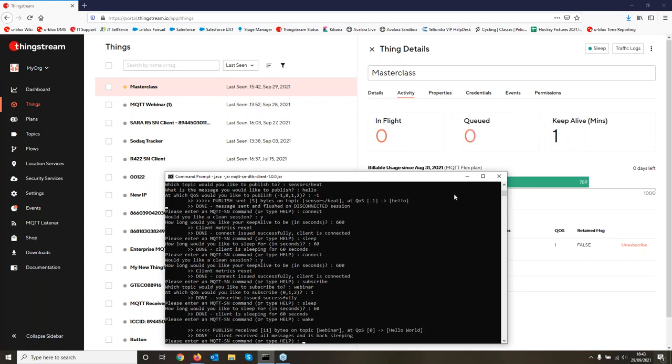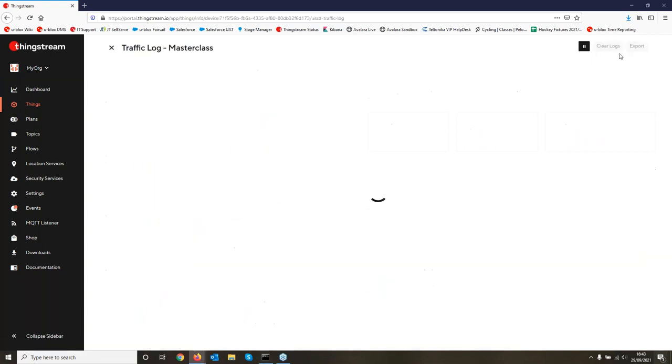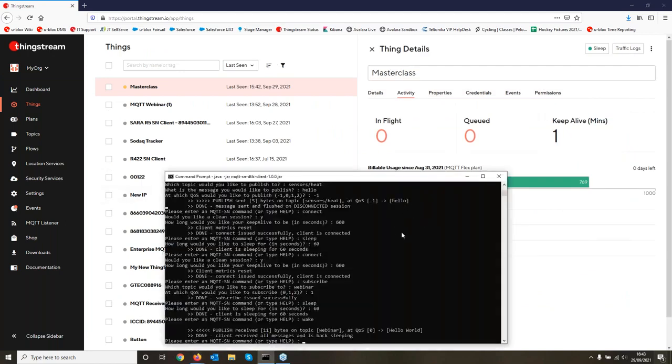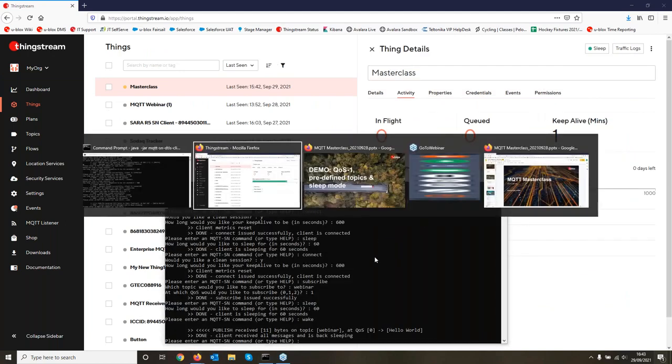And if I now go to my client and wake it up to send that ping, then we'll see the messages will be delivered. So it's now gone from the queue, and we'll see here on my client, the message has been received. Quality of service 0, hello world, and you'll see now that everything's gone back to sleep because that message has been delivered back down. The client's all finished. It got its pub rec message. If we look in the traffic log, we'll see there's the publish and there's the ping resp in response to that sleep and wake process. So yeah, that's how all of those bits work.